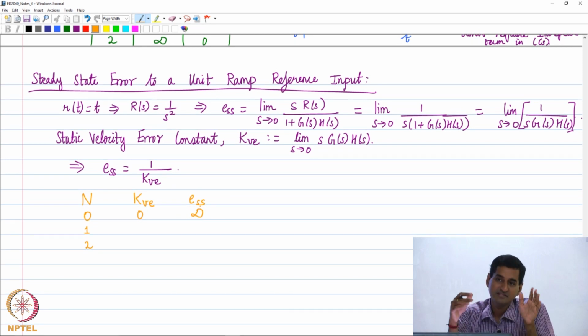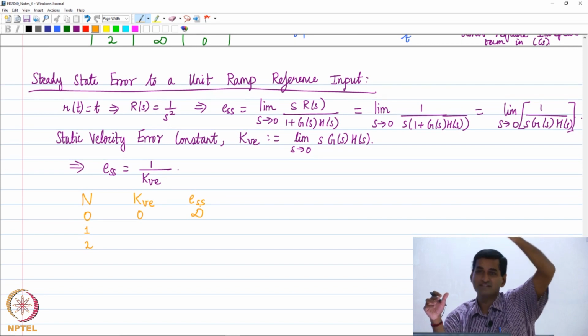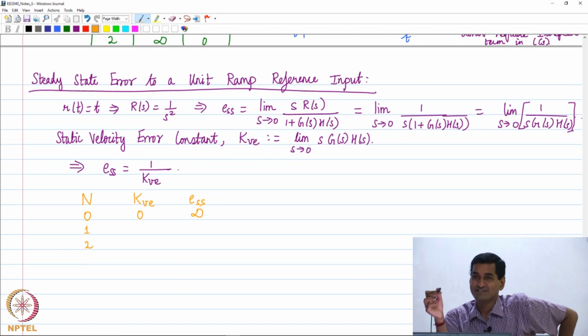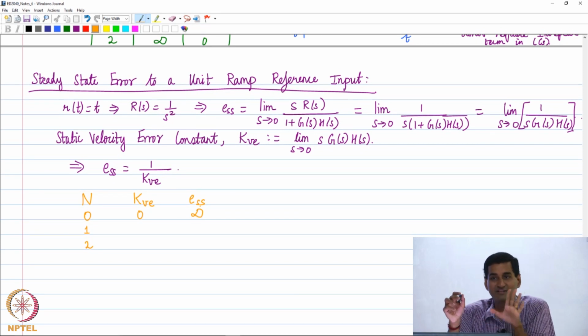In some applications, let's say you want to track a signal which goes like a ramp and then maybe reaches a steady state. What structure would you want to track it very closely? With a type 0 system, we are going to have a significant steady state error, right. And if you maintain the ramp forever, your steady state error is going to go to infinity. That's what we can observe. Is it clear?